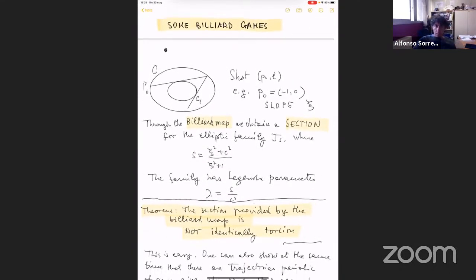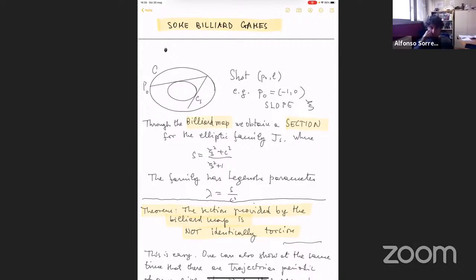So we have a point, for instance, we choose P naught in the border. For instance, just for the sake of example, the point with abscissa -1, ordinate 0. And then we have a slope, psi, which is the direction, the slope of our first shot. And then we have this simple formula